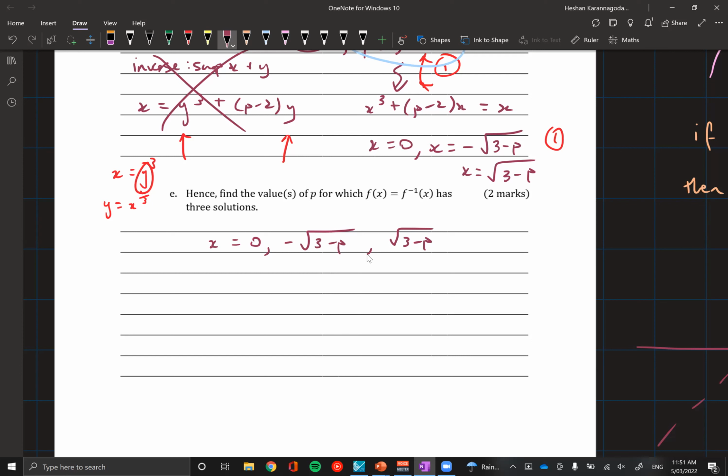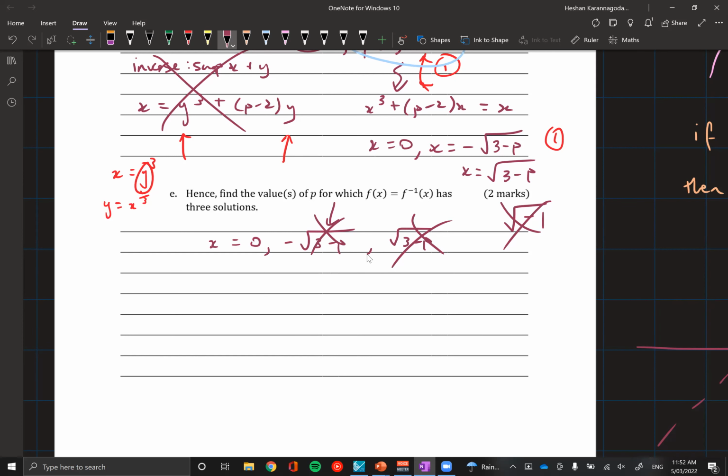Now, as I said before, square roots cause a bit of an issue with solutions. Sometimes for square roots, they don't exist or they overlap. So in this case, let's say the expression underneath the square root was negative, then this square root wouldn't exist. And same for this one. We should know that square roots of negative values don't happen in methods. It's not real. But if you do specialist, it's a bit different. In this case, we're doing methods. So the square root of -1 is undefined. It doesn't give an actual solution.